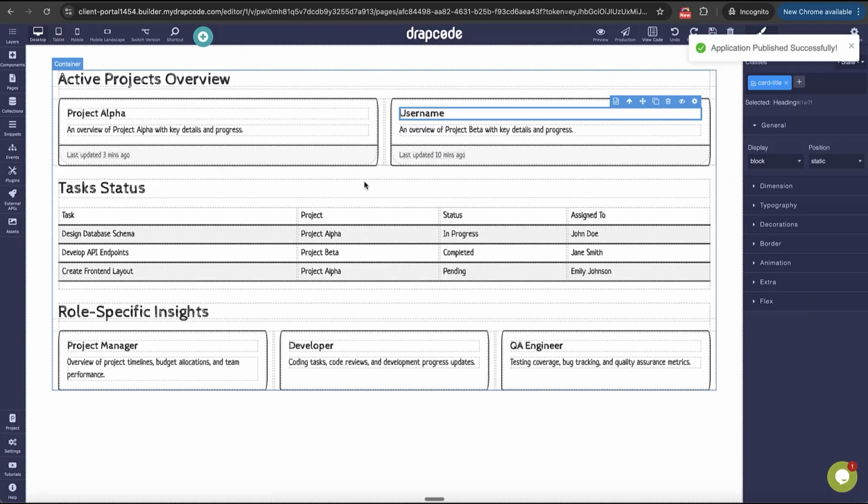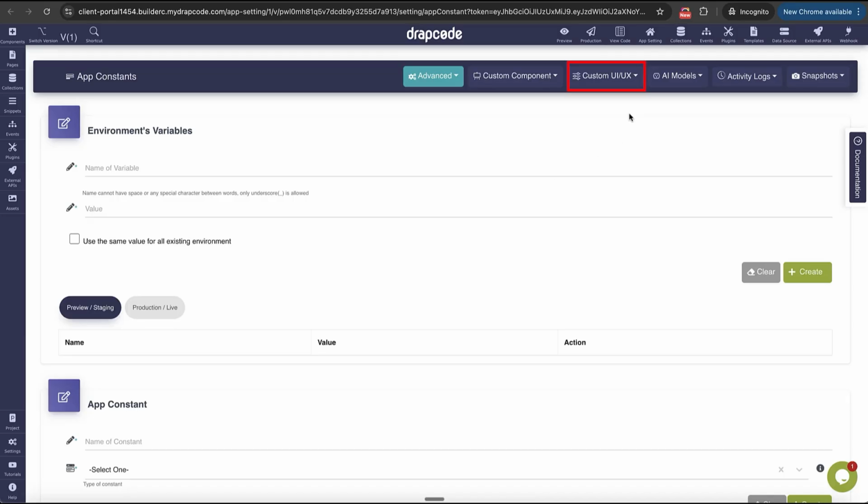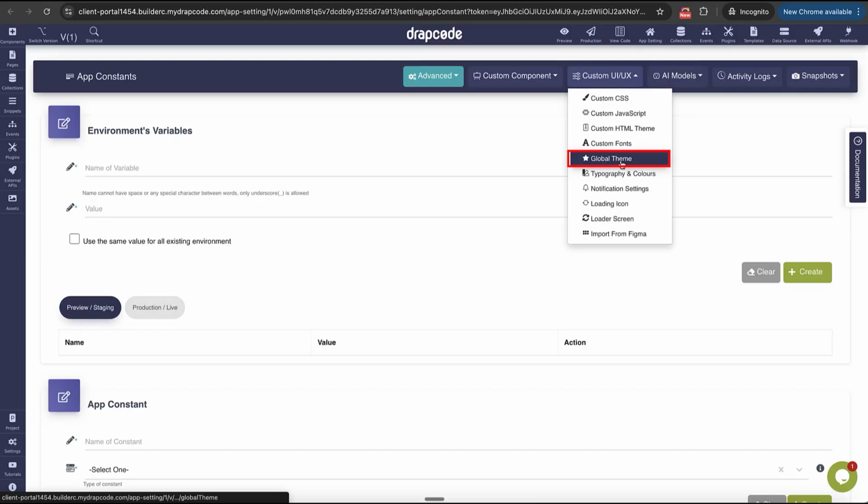Let's say I don't like this UI, so I can go and change this. So I can go to my app settings. So this option is all there. It's not that UI is final. So this is a layer which we have added. So let's say I want to change it. So I can go to